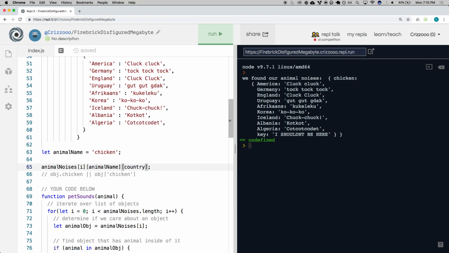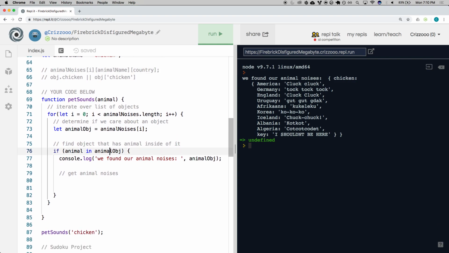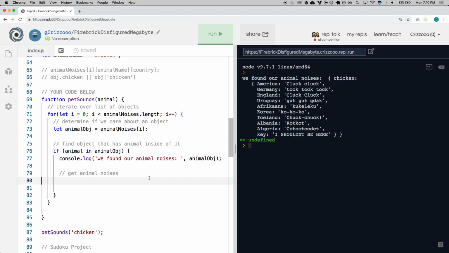And have to keep this up throughout our entire algorithm. So that's why I'm going one step at a time, and that's how we really need to think as well, because that's not easy to look at, and it makes your head hurt. So instead, the same problem we just had, we know that we have some animal object that looks like this, and we know the animal is in the animal object, which means,